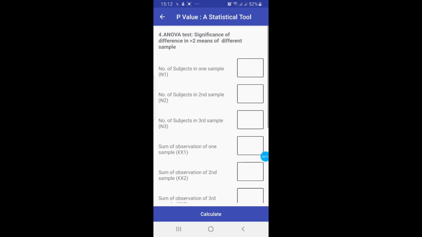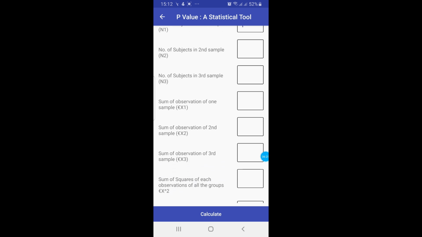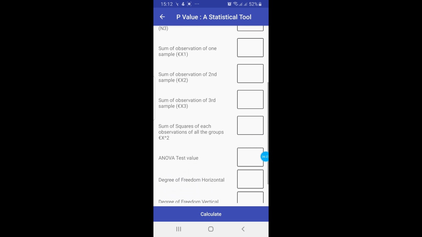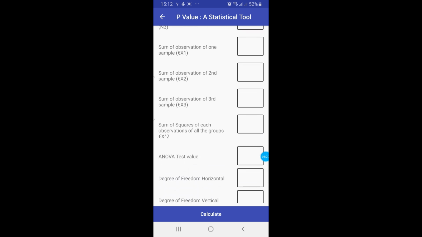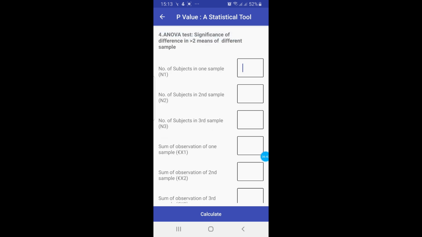Let's click on Anova Test. Again the same questions, but about 3 different groups. Number of subjects in first group, second group, and third group. And then sum of the observations in first sample, in the second, and in the third, and then sum of the squares of each observations of all the groups. Below that, all the answers will be given to you. So let's put